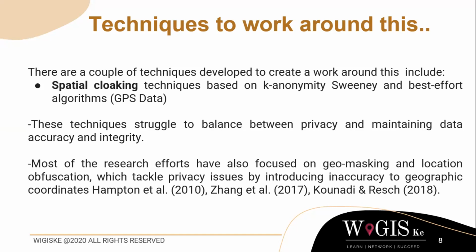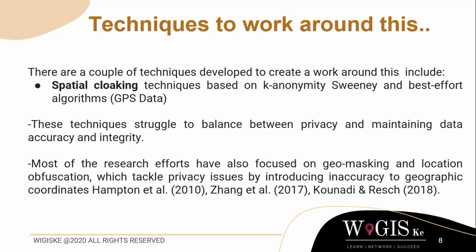There's techniques that have been created to work around this and still make this publicly available data as anonymized as possible. Some of these techniques include spatial cloaking. Spatial cloaking is based on the K anonymity method, where we are trying to anonymize as much information as possible without losing the uniqueness of a data profile. What this means is if we are collecting data on person A, person B, and person C, and we are anonymizing the name and age, then person A, person B, and person C have more similarities based on what we have anonymized.